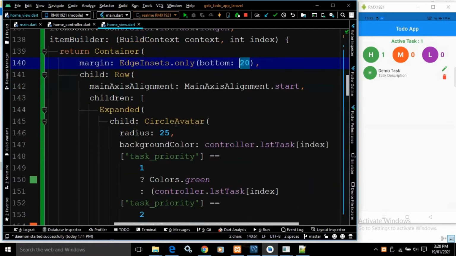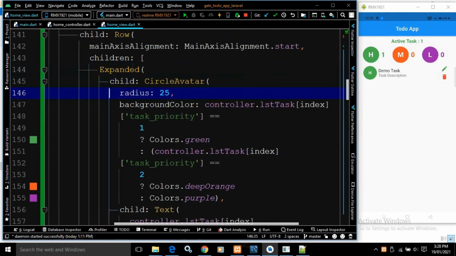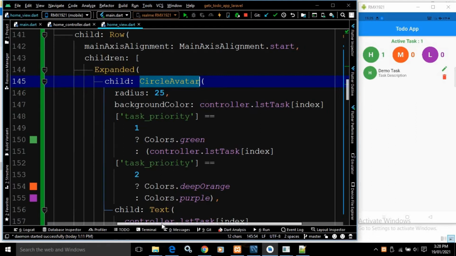Okay, now as a children of this row widget I have taken an expanded widget, and as a child of the expanded widget I have taken a circle avatar. As you can see, the first widget of the row is a circle avatar, so I have taken a circle avatar having the radius as 25. In the background color I have written